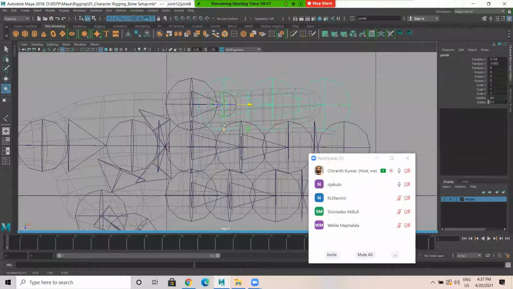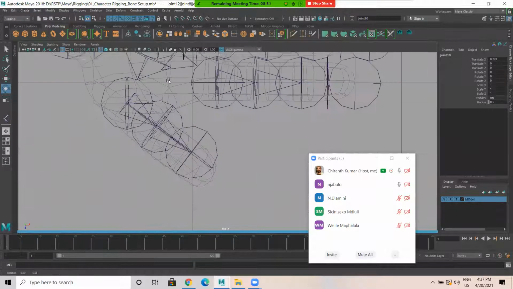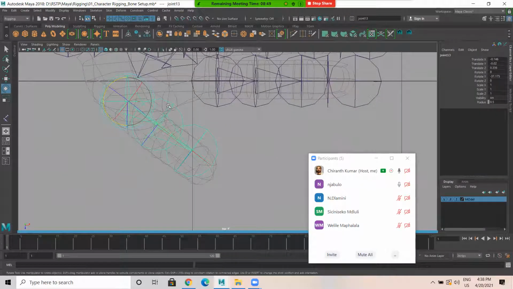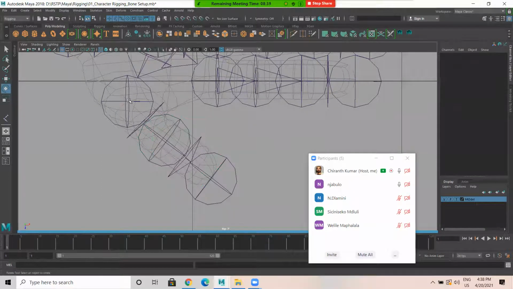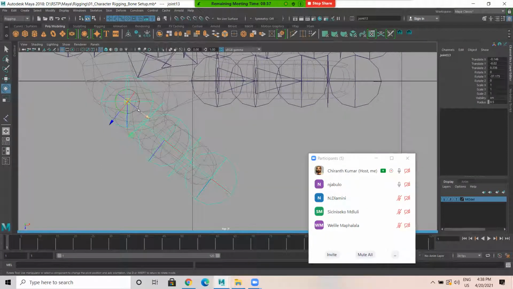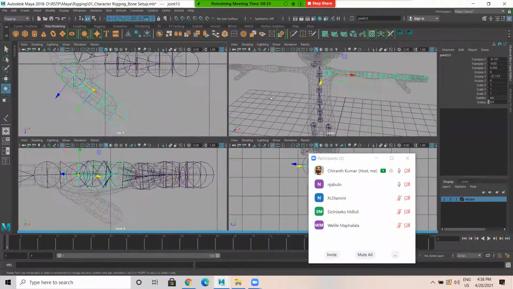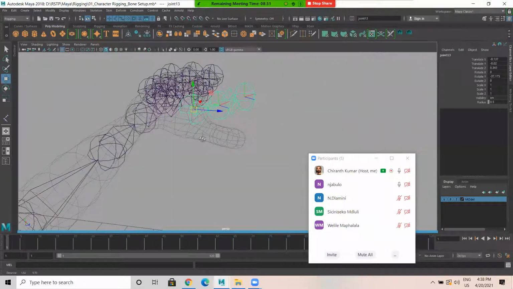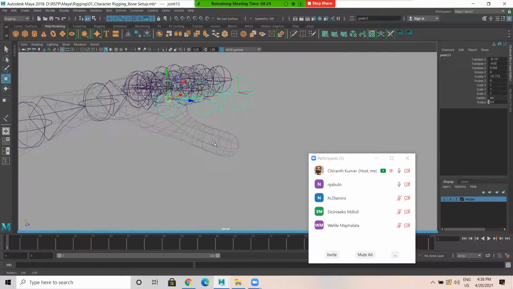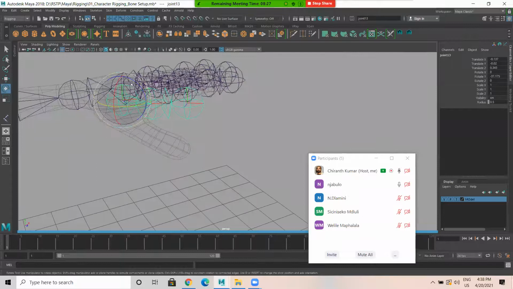This is fine here. This is fine. It's fine. Then this part, it's here. It's here. This one. It's here. Now I'll come to this view. Everything is fine, just only this rotation.